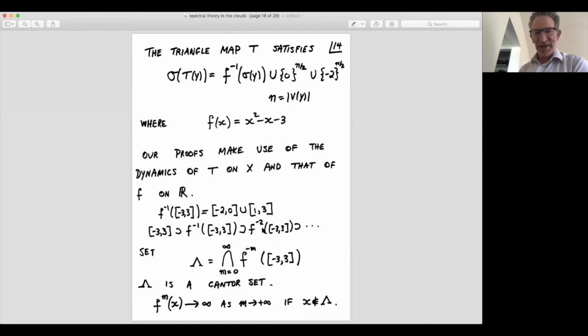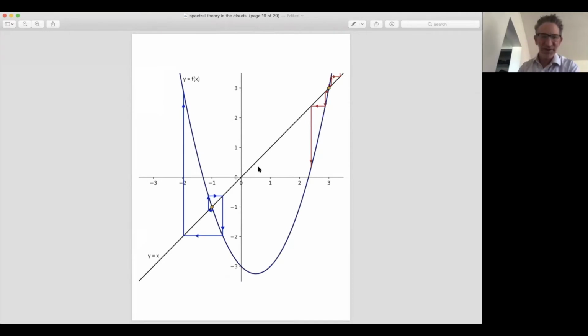And then if you apply F again, that will cut that up further into what starts to look like a Cantor set. So if I take lambda, the intersection of F to the m of -3, 3, you get a Cantor-like set, whose dimension I thought I had to compute to understand something, but that was quickly abandoned when the much more important quantity for this Cantor set is its capacity. So you get a Cantor set, and notice that I'm throwing in the points 0 and -2 on each iteration.